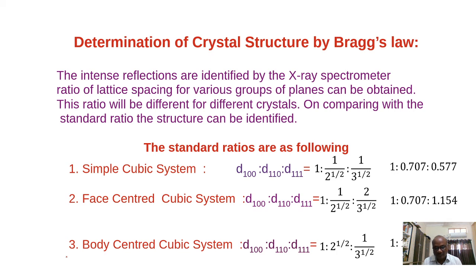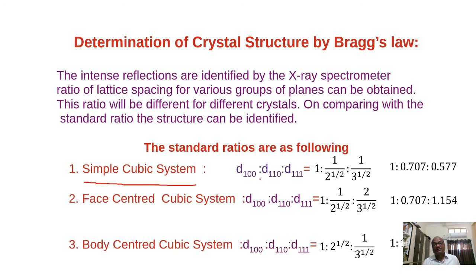In order to determine the crystal structure of a given crystal, we have to perform the Bragg's experiment. There we have to observe the angle of incidence of these planes. What are the planes? 100 plane, 110 plane and 111 plane. And with the help of Bragg's equation, we can calculate the interplanar distances. Just now we have discussed in the problem. So for example, if the given crystal system is simple cubic,